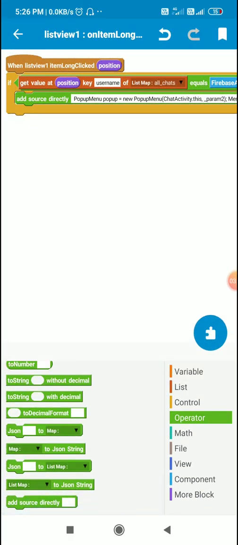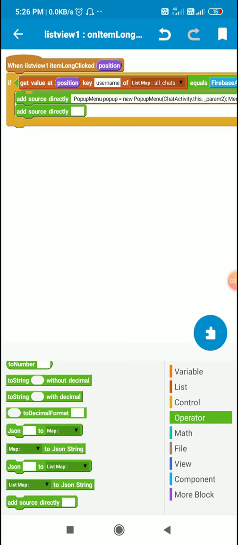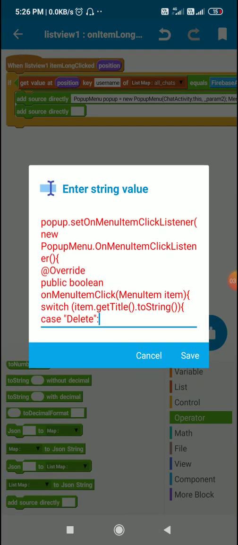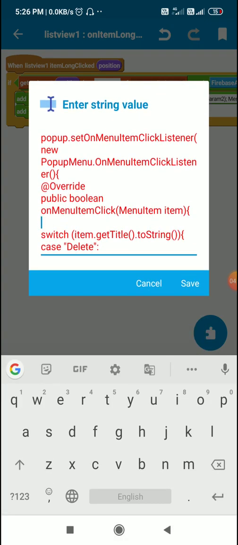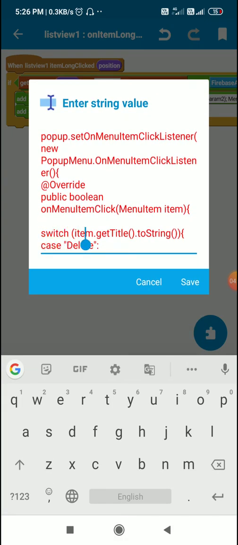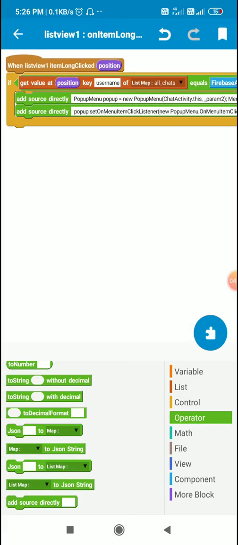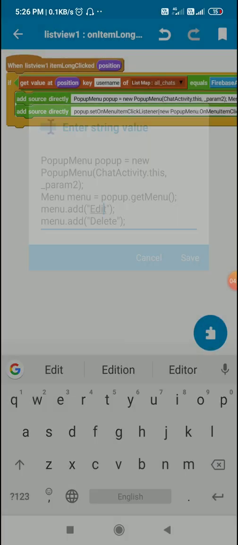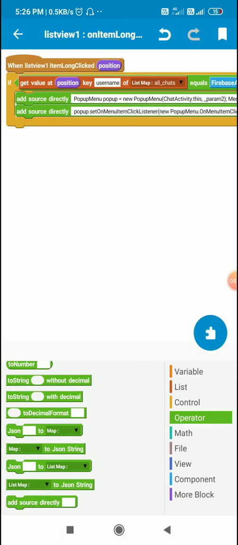So here I will use another add source directly block and put this code: pop-up dot set on menu item click listener, and this contains a switch on item dot get title dot toString. So I get the title of the menu item. I have two menu items, one is edit and the second one is delete. So first I will write this edit, and the edit you add here should be the same, no spelling mistakes allowed.